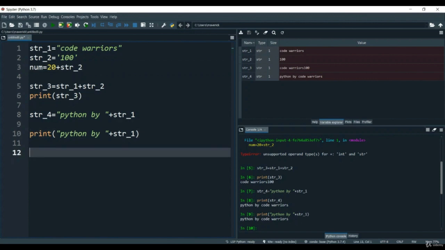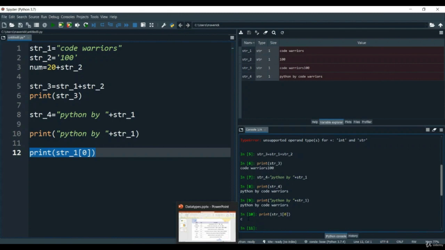So if we want to, let's print it. Print str_1, and to give an index we use these square brackets, and if we write index 0, now let's see what happens. F9, and you see in the output screen it says C, because C lies at that index position. Now if you want any other, let's say 7, if we print it out,